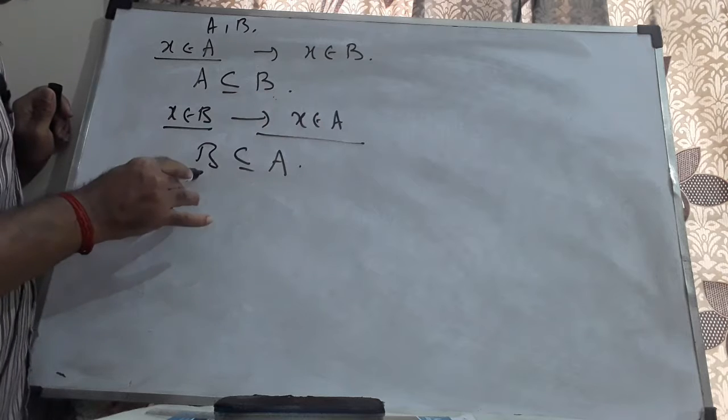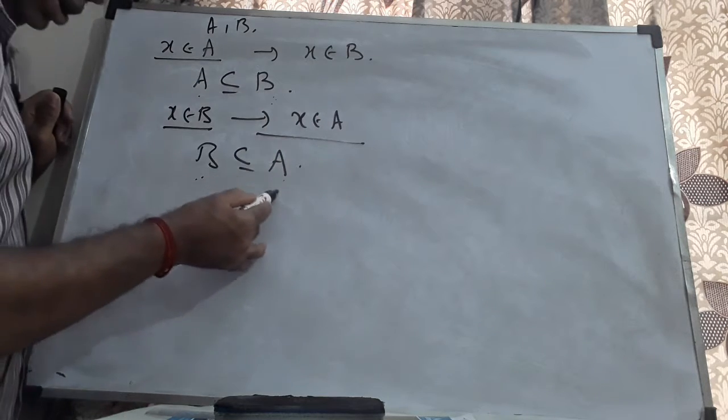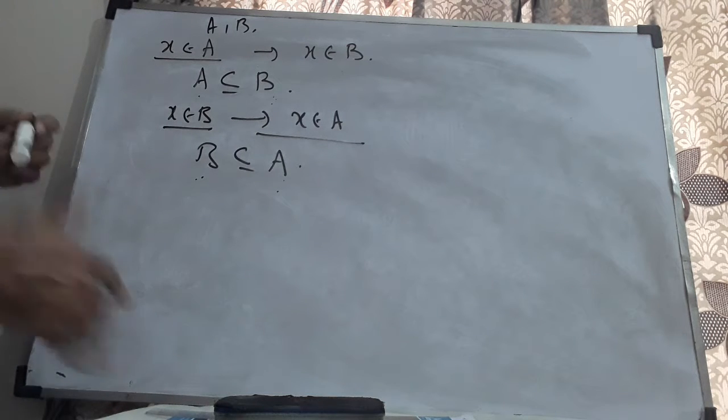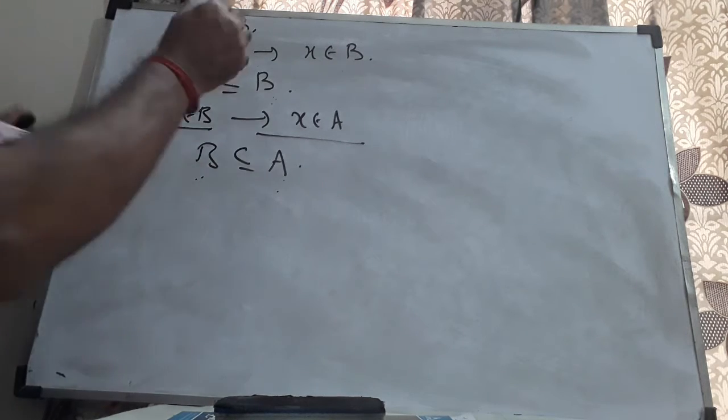A is a subset of B. B is a subset of A. That is, all the elements of A are there in B, and all the elements of B are there in A. Therefore, A and B have the same set of elements. Therefore, they are equal. I repeat, I take an arbitrary element x in A and it will imply x